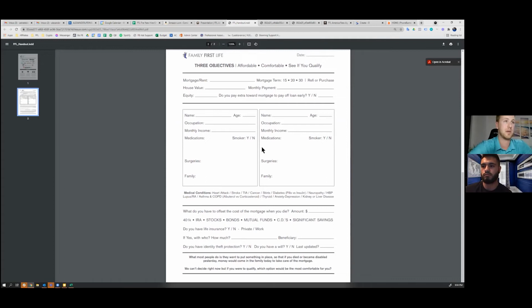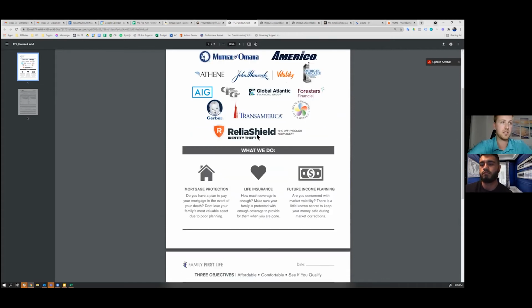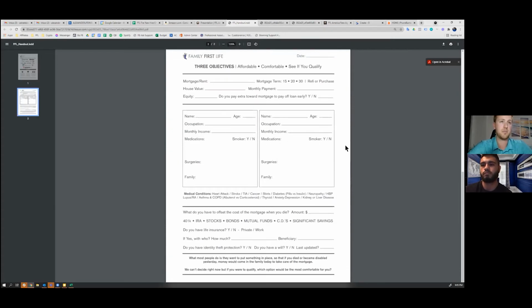It'll probably take us about 2 minutes to go through some health questions, 2 minutes to go through some money questions. This will give me a better understanding of your guys' situation. And then after that, we're going to go back to this sheet, pick 2 or 3 options together that make the most financial sense. And we're going to submit a request for coverage where they're going to ask for your